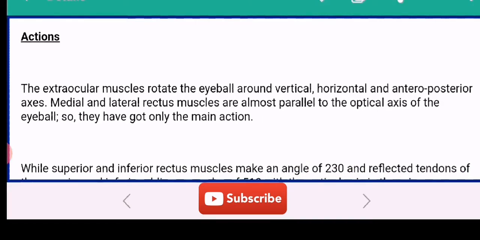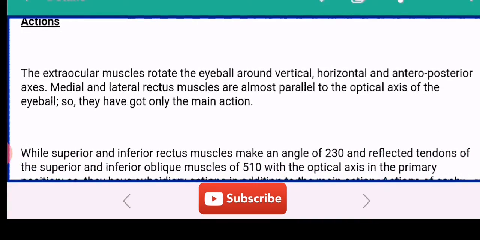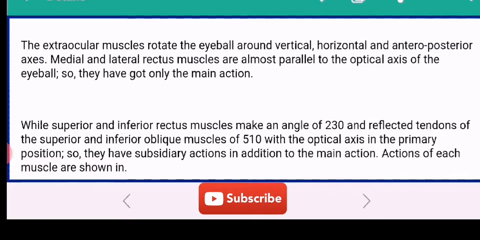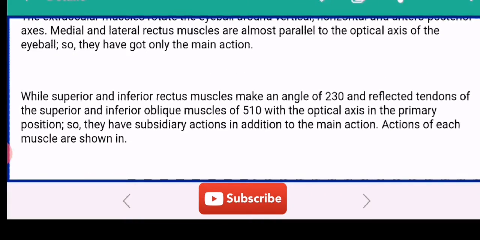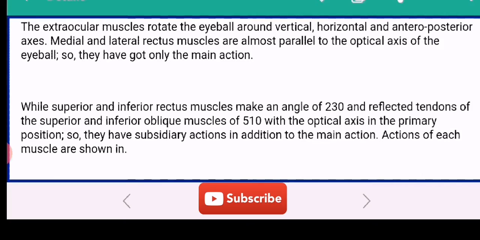Actions. The extraocular muscles rotate the eyeball around vertical, horizontal and antero-posterior axes. Medial and lateral rectus muscles are almost parallel to the optical axis of the eyeball, so they have only the main action. While superior and inferior rectus muscles make an angle of 23 degrees and reflected tendons of the superior and inferior oblique muscles 51 degrees with the optical axis in the primary position, so they have subsidiary actions in addition to the main action. Actions of each muscle are shown in